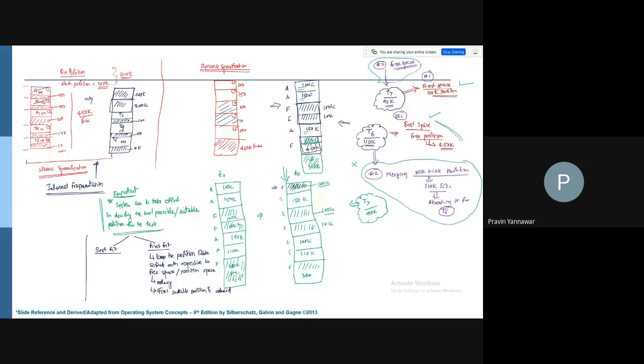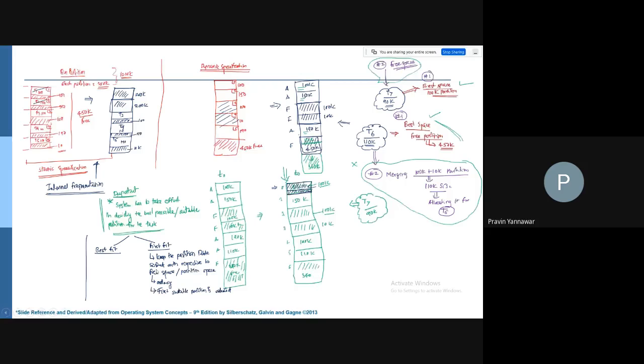Which means that this particular space, which is, say, for example, 100K, and the task is of 90K. So this free space, this partition, is to be considered as a free partition, and it is being divided again here.